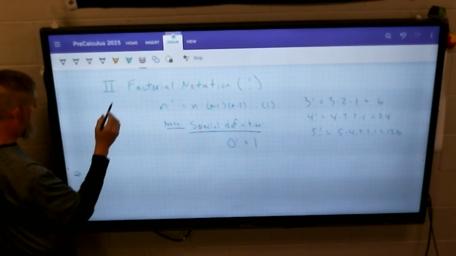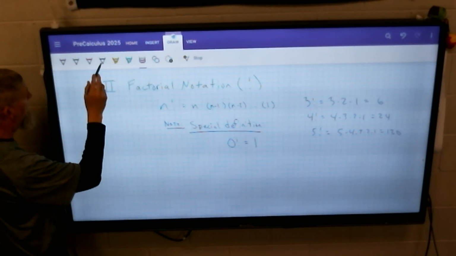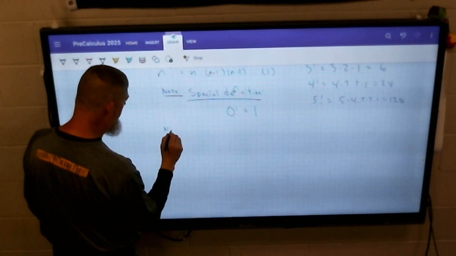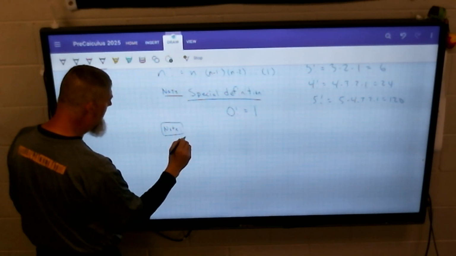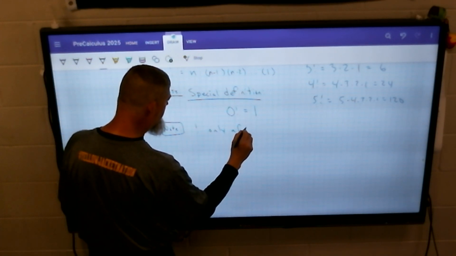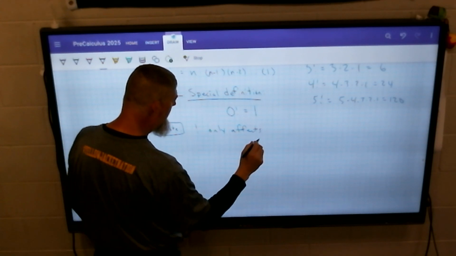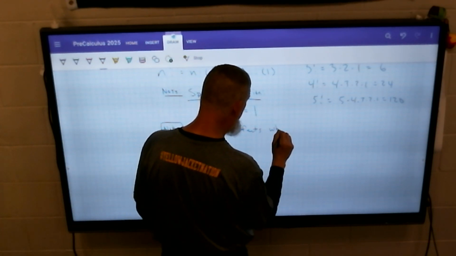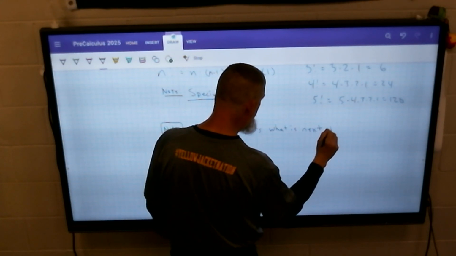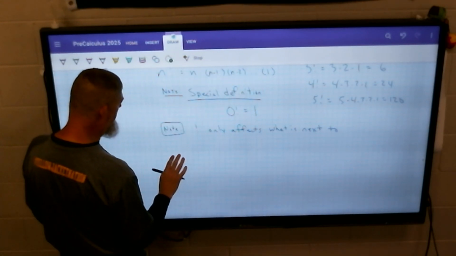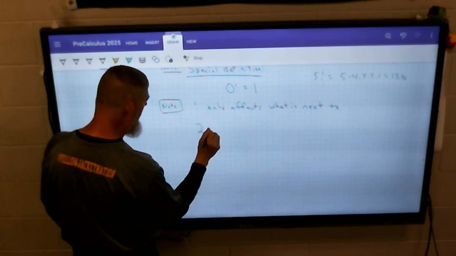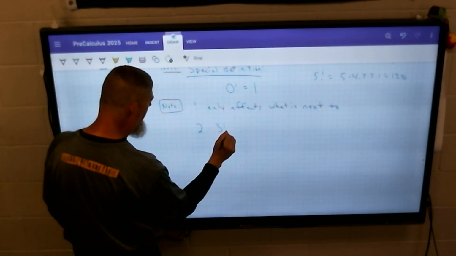All right. Then the other thing too is, it's kind of like a parenthesis. The exclamation point only affects what it is next to. For example, and you'll see what I mean by this real quickly, if I give you 2 times 3 factorial,